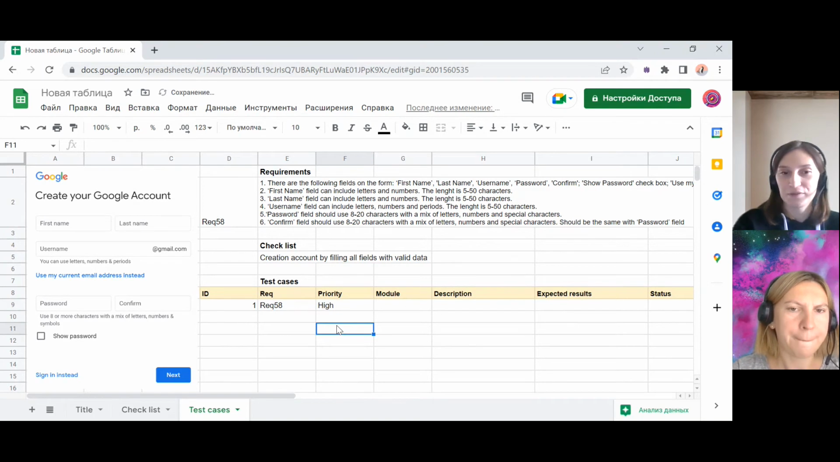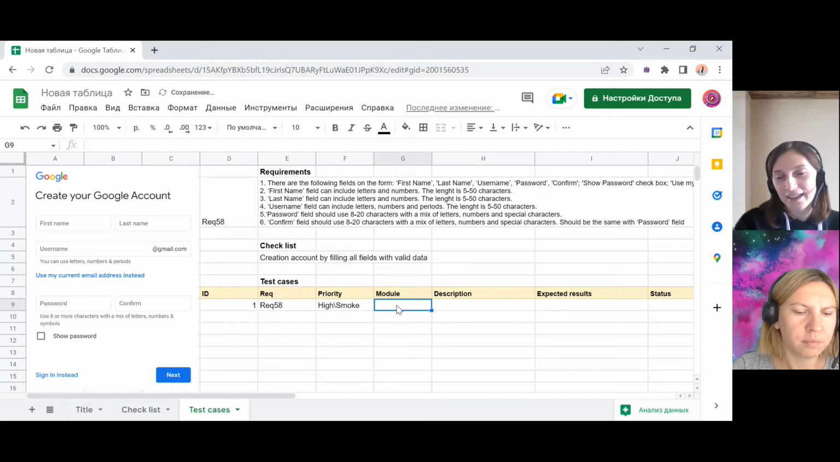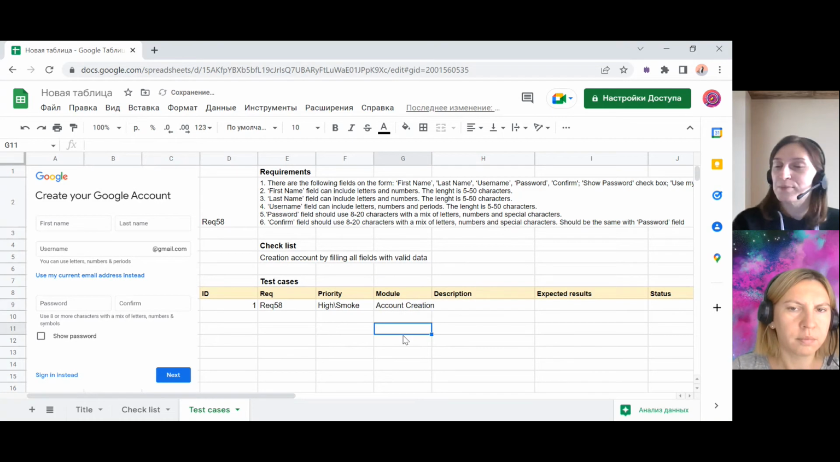There are a lot of different classification approaches to identify the priority of test cases. It can be high, medium, low, or maybe smoke, critical path, or extended test cases. And even A, B, C, D is also a way to prioritize your test cases. Then you should provide the module name, and that field can be missing in some management tools. Still, remember that your testing documentation should be logical and structural,